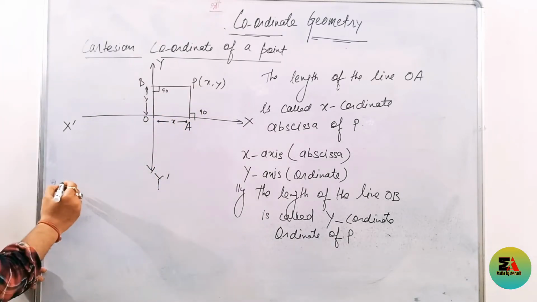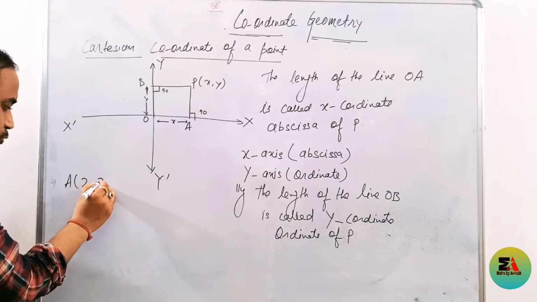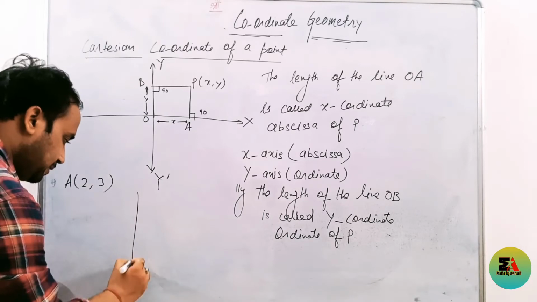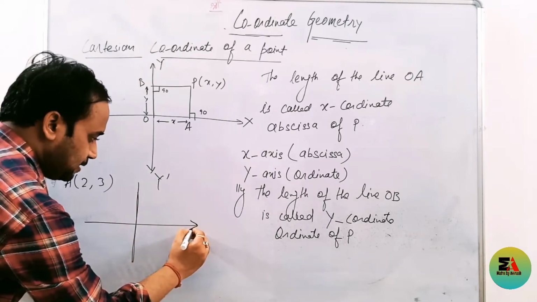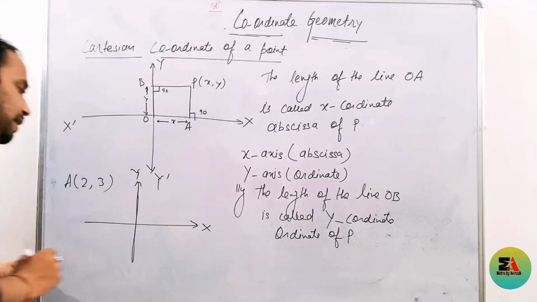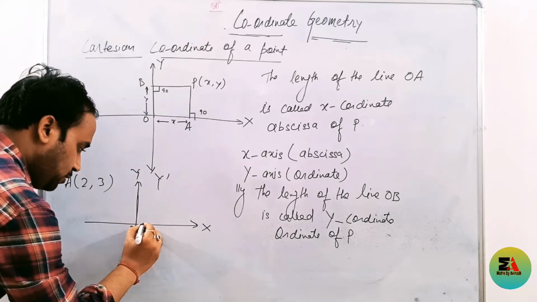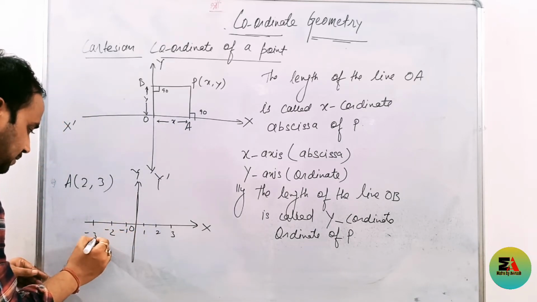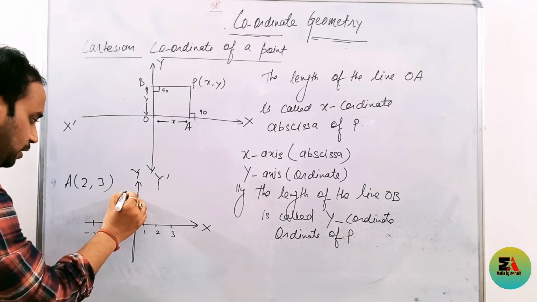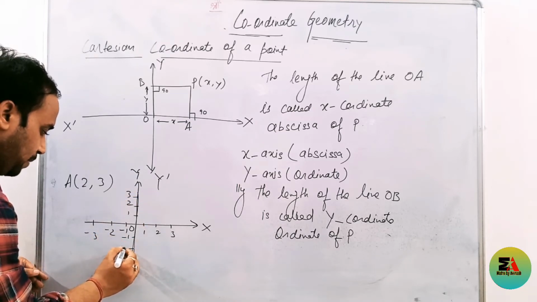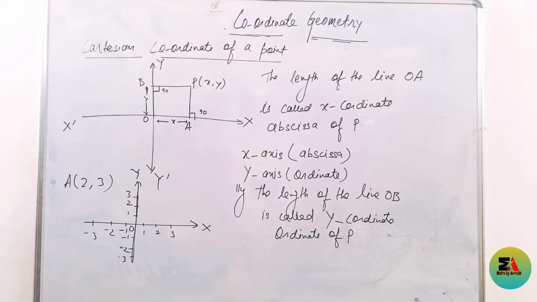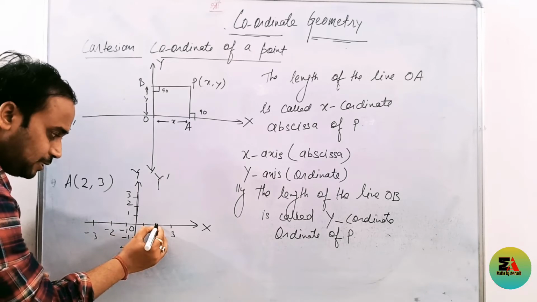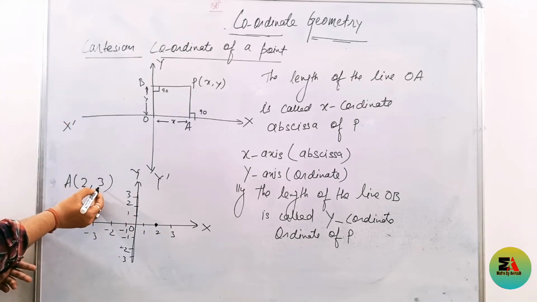Suppose we take an example. Suppose I put the values (2, 3) on graph paper. What we do is mark this as the x-axis and this as the y-axis. Clear? And make a number line. This is the origin, then 1, 2, 3. Same as you have to plot -1, -2 and -3. Same above, 1, 2, 3, and below, -1, -2 and -3. See how we plot. The first value, always remember, is the value of x. x is 2. Where is x equal to 2? It is here. Just mark it here.